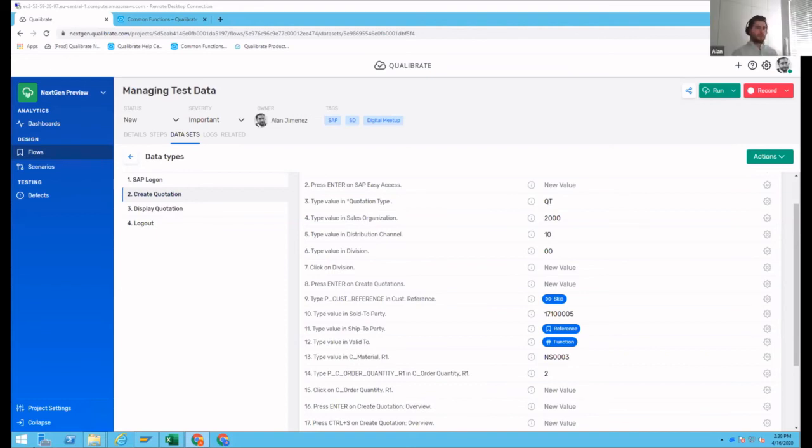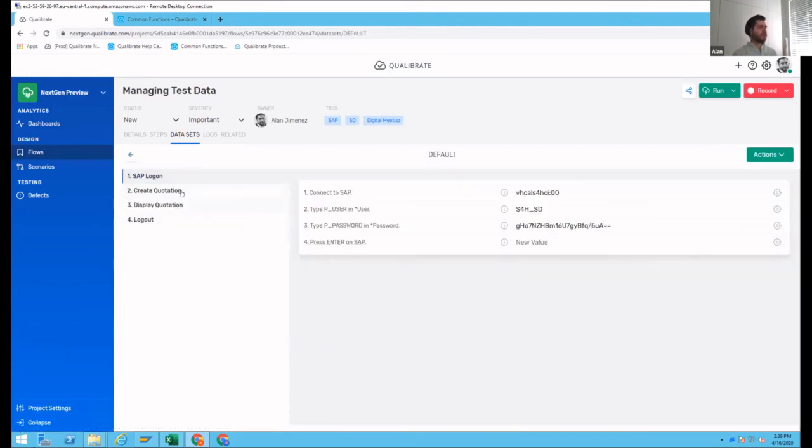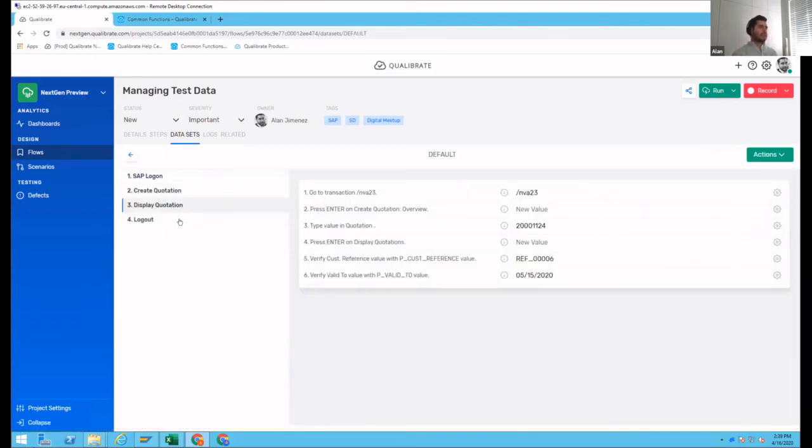Cool. So I can continue with the next topic, because at the moment I've covered two topics. Just to do a bit of recap, Qualibrate gives you the ability, first of all, from a recording, to automatically generate the model of the dataset, which we call the default dataset. This gives you the structure of the test from a structural and model perspective, but we also include the data that you use as part of your recording as a template.